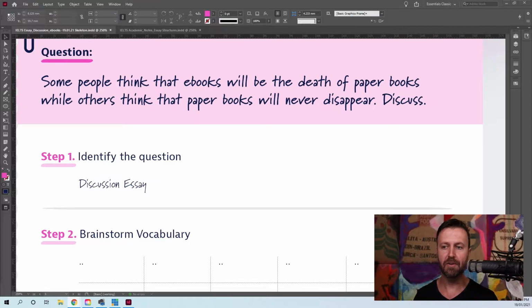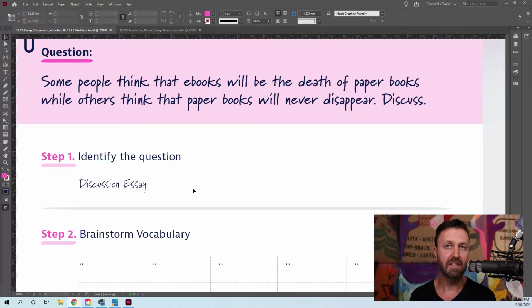All right, so we've got here our discussion essay. We can identify that by the fact that it says discuss at the end. Now, quite a simple thing to see there. The other way a discussion essay could be identified is it could say discuss both views and give your own